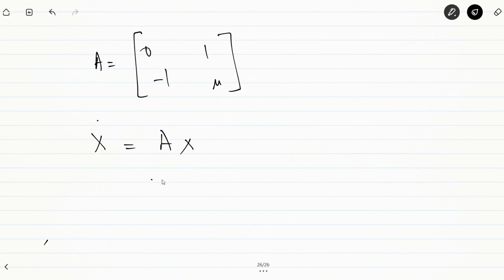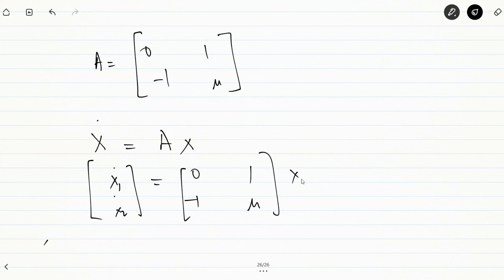x dot equal to Ax, or x1 dot, x2 dot will be equal to [0 1; -1 mu] times x1, x2, ठीक है। B matrix यहाँ पे इस केस में नहीं है, तो वो plus 0 times u है। So this is your system and this is your linearized model of which system। जो हमारे पास सिस्टम क्या था, हमारा सिस्टम ये था,